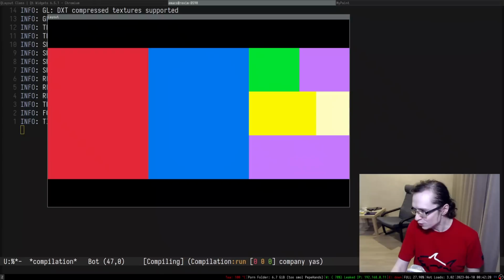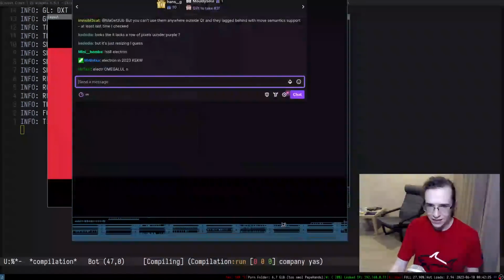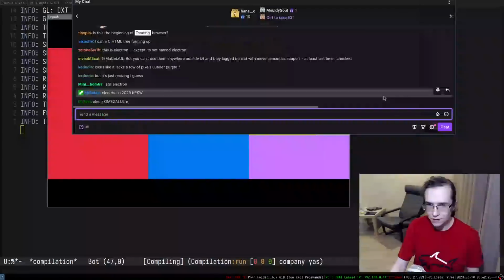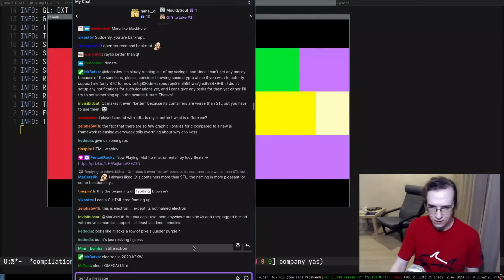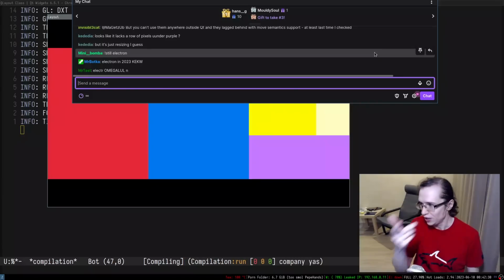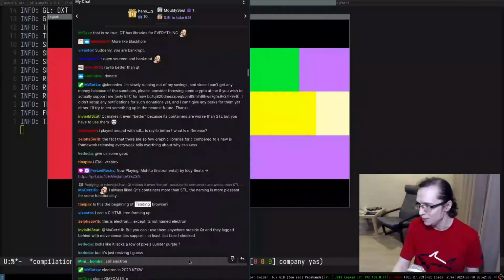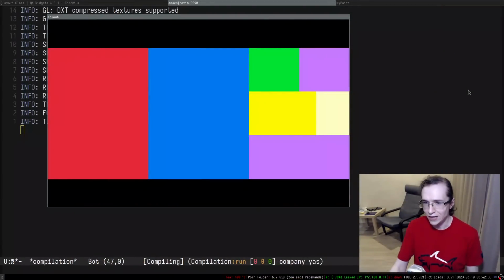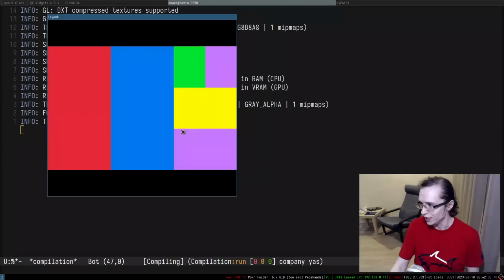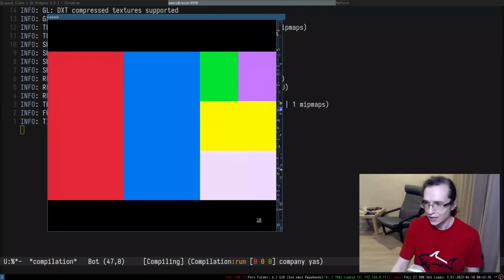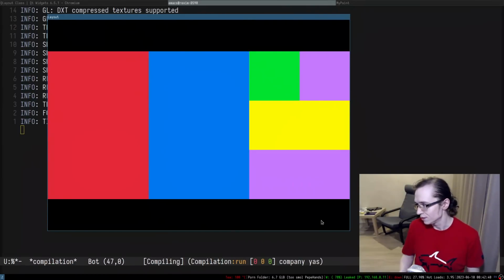If you take any Chromium application and try to resize it, look at the delay of resizing. You just resize, it needs some time to recompute, and only then it updates its layout. This entire thing, it just resizes on the fly. And when I'm not streaming, it's even faster.